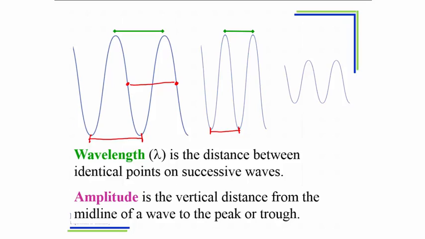The other thing that defines a wave is amplitude. Amplitude is defined as the distance from the midline of a wave to its peak. So you don't go from trough to peak, but midline to peak. So there's a couple different waves that have the same wavelength, or do they? I don't know if they do. No, they don't. But they definitely have different amplitudes. Midpoint up to the peak, or you could say midline to the trough. It's the same